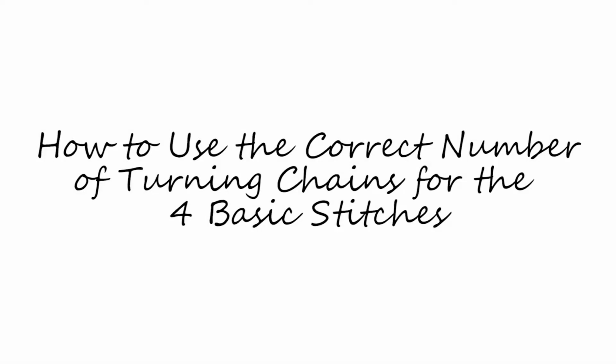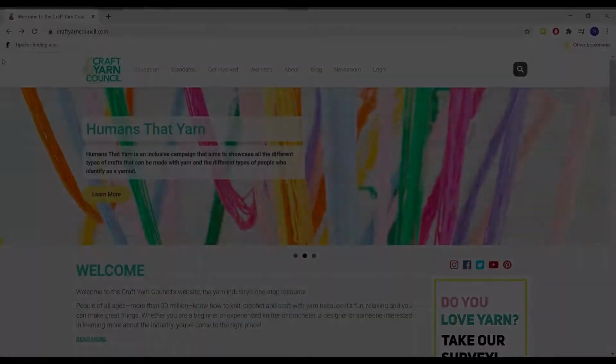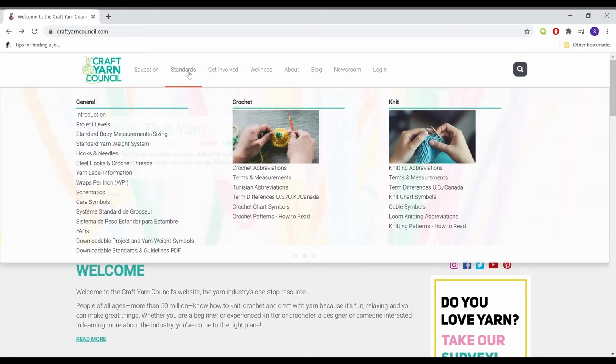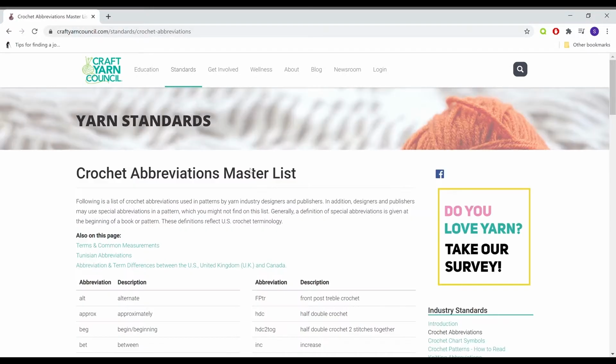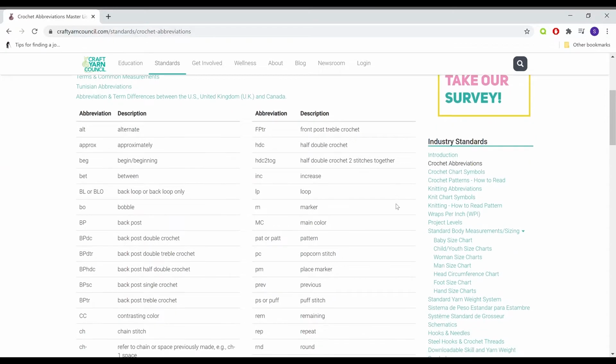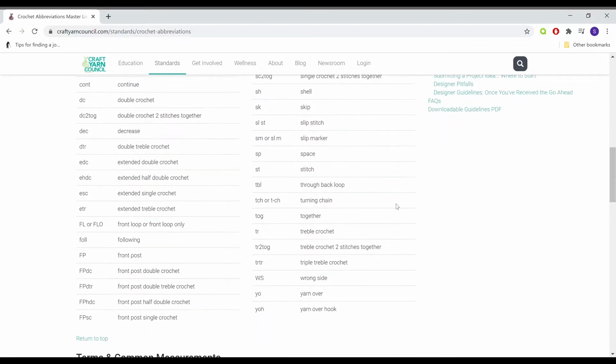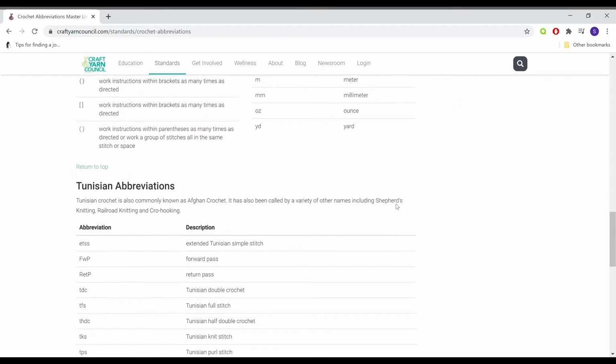So that brings me to the next point. How do you use a turning chain? I'm only going to cover the 4 basic crochet stitches, and that's the single crochet, half double crochet, double crochet, and the treble crochet. Now I am using US terms, so that will differ if you're in other parts of the world. I will link to the abbreviation equivalent chart that the Craft Yarn Council has created,